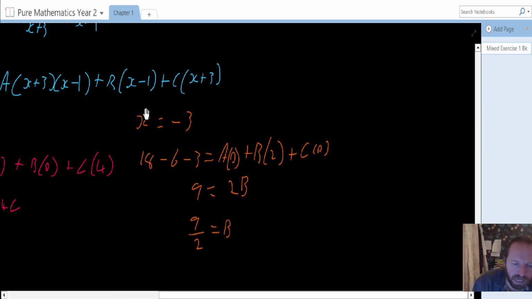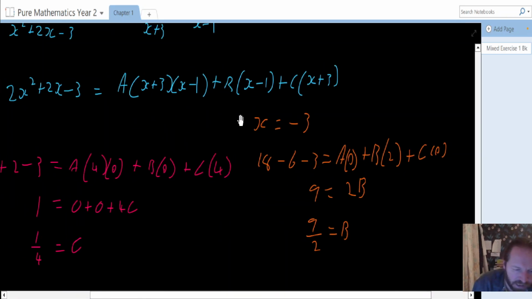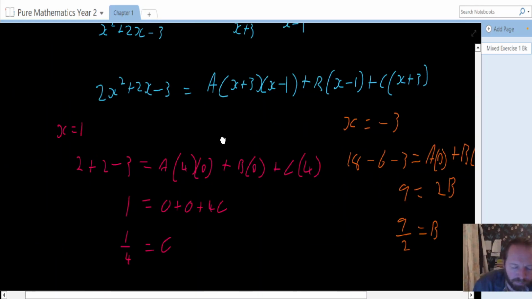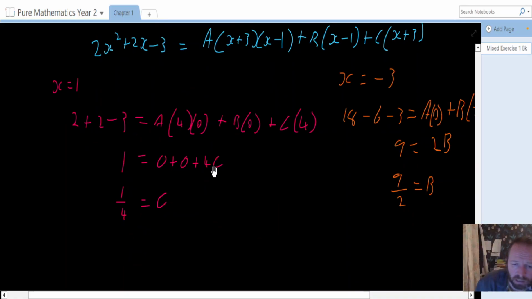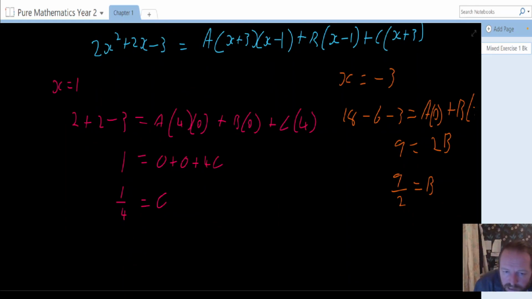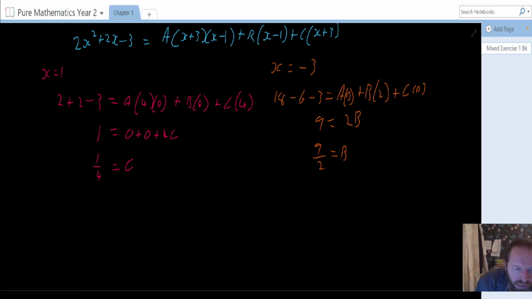All right. And now we still need to find what a is. Let's take a completely arbitrary value for x. I don't know, 5. Let's just zoom out a little bit for this. There we go. Right then, so let's go with x equals 5. And so we end up with 5 squared is 25, times 2 is 50, plus 10, minus 3, is equal to a times 8